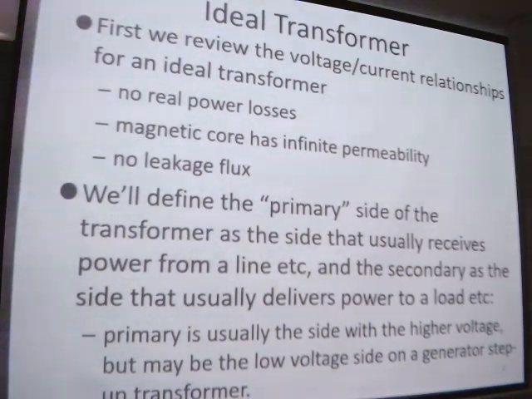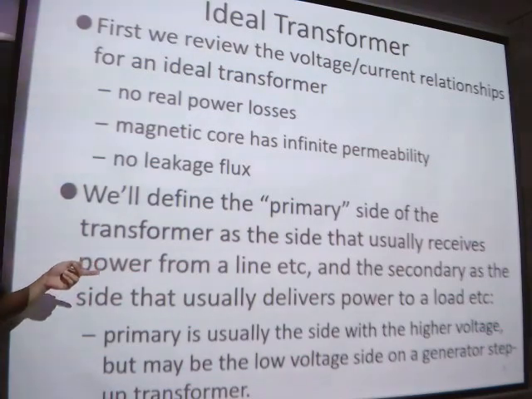So in the ideal transformers, there are three assumptions: no real power losses, the magnetic core has infinite permeability, and no leakage flux, okay. So also there will be two sides, the primary side and the secondary side of the transformers. Yeah, of course, the primary and secondary side, the two sides of the transformer. Okay, so